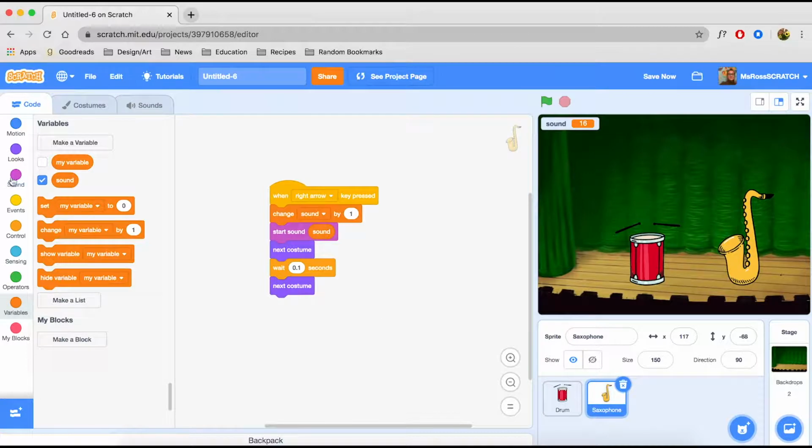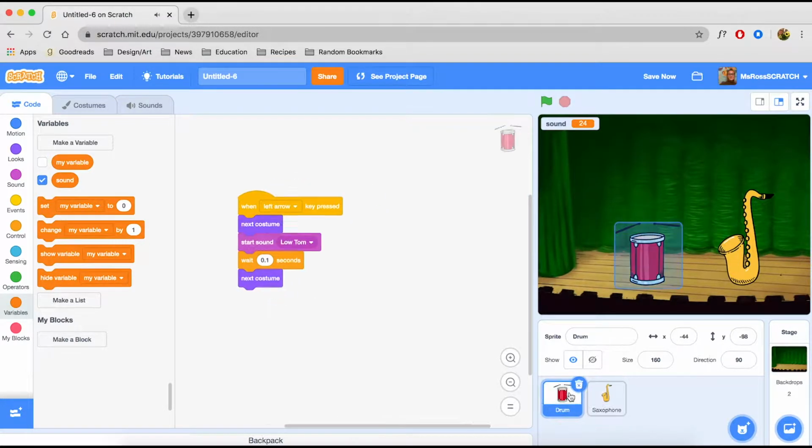We didn't have to drag in a bunch of different sound blocks and use a ton of blocks to try to make it play a different sound every time we press the right arrow. So you guys can go crazy with that and use either method to program some more instruments,